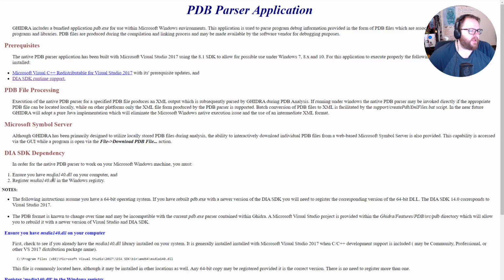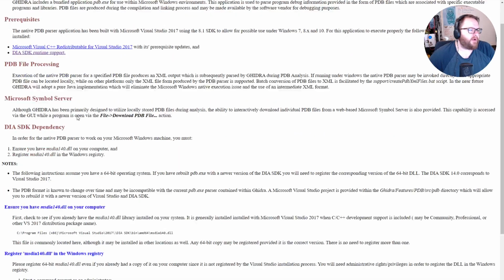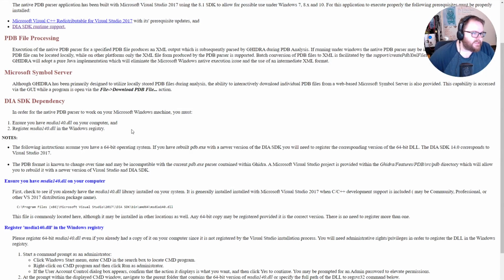And then essentially what you're going to have to do, right? So if you get that error message, you can either install Visual Studio 2017, or you can do 2019, and then register this DLL here. And you know, if need be, if you really had to, they do include